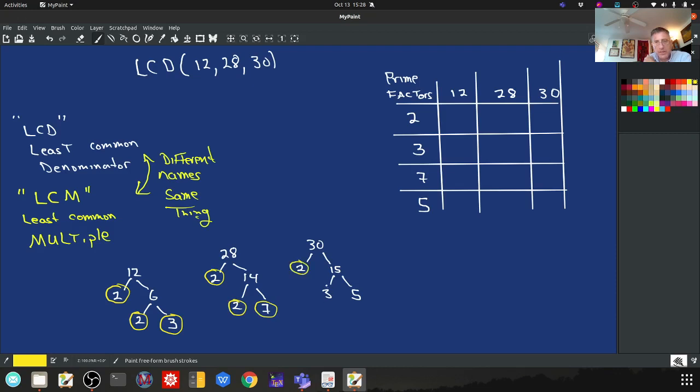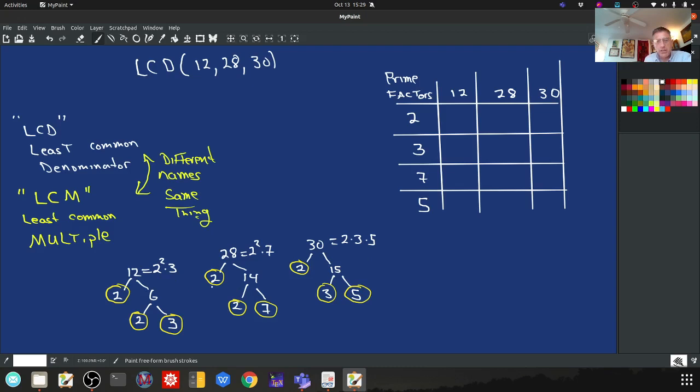And it's also good now, just as practice, to use that to write out the prime factorization. 12 is equal to 2 times 2 times 3. So that's 2 squared times 3. 28 is 2 times 2 times 7. So that's 2 squared times 7. And 30 is equal to 2 times 3 times 5. So the factor trees are a lot to write out, and this gives you the exact same